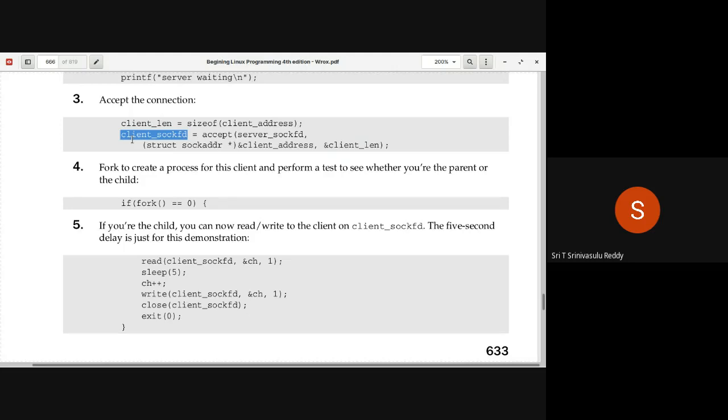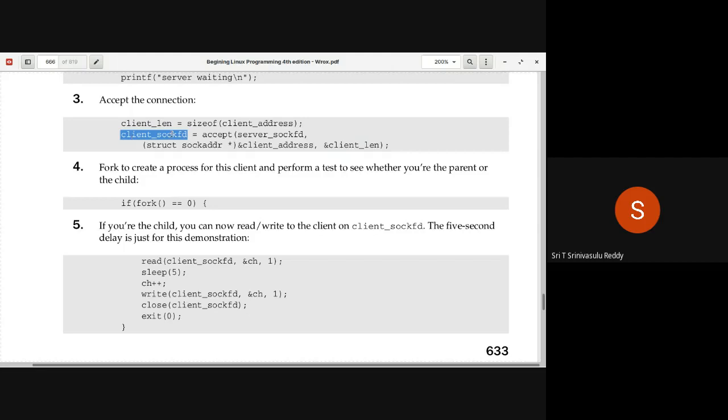Whenever you create a fork, already the other day we talked about that all the created descriptors, all the opened file descriptors are passed on to the child also. Main parent will have access to the file descriptors. Child also will have access to all the file descriptors.